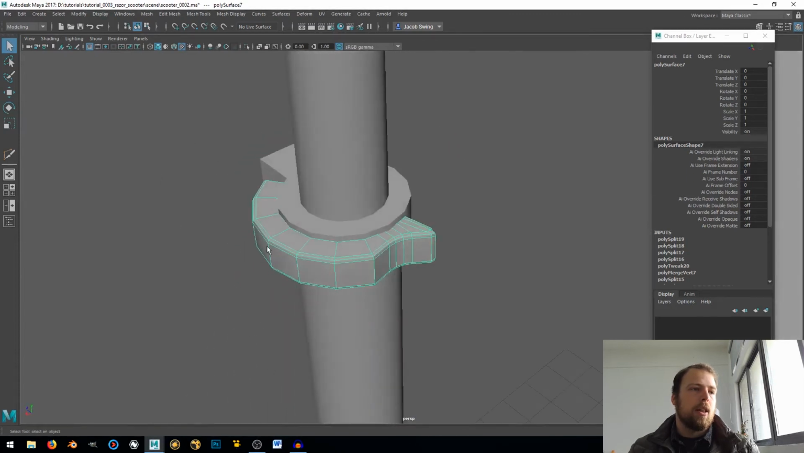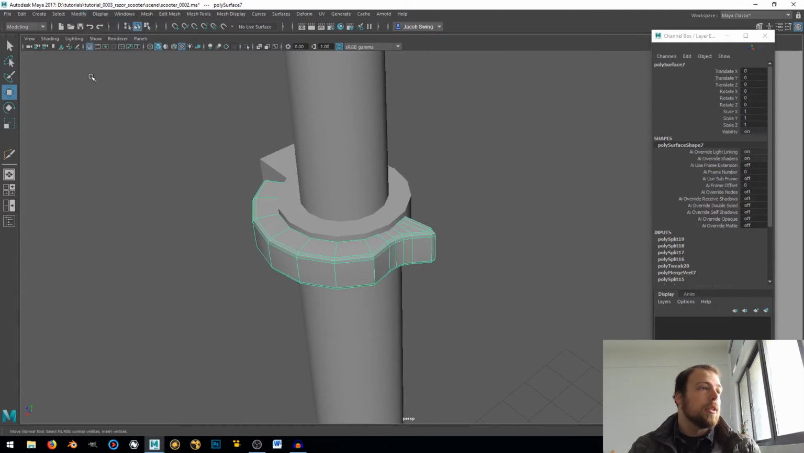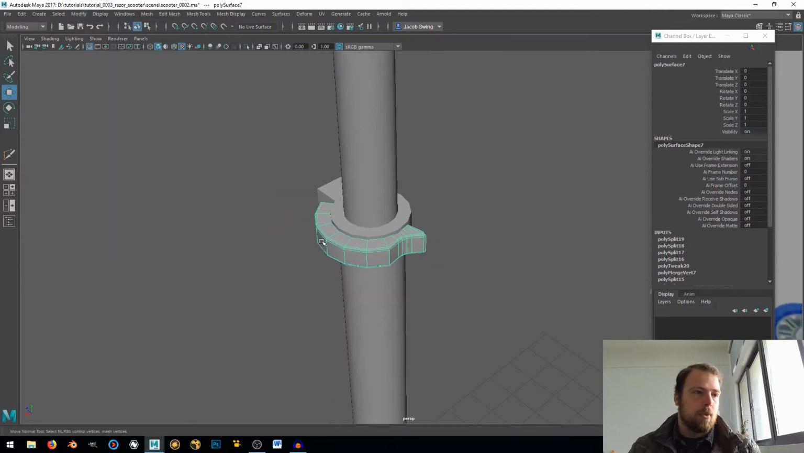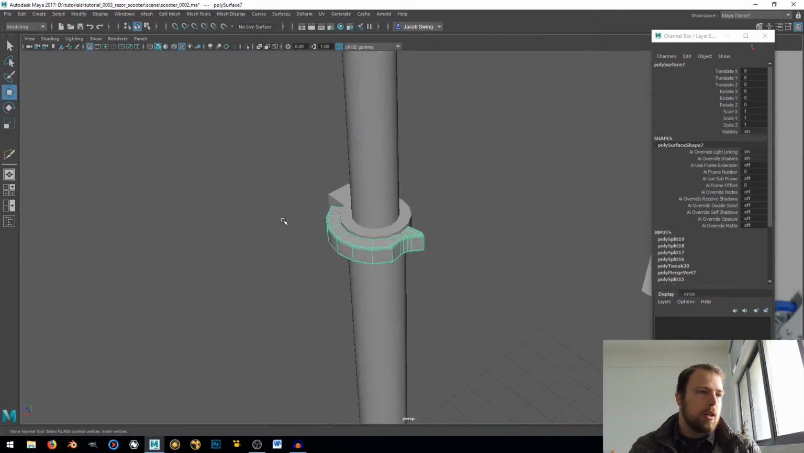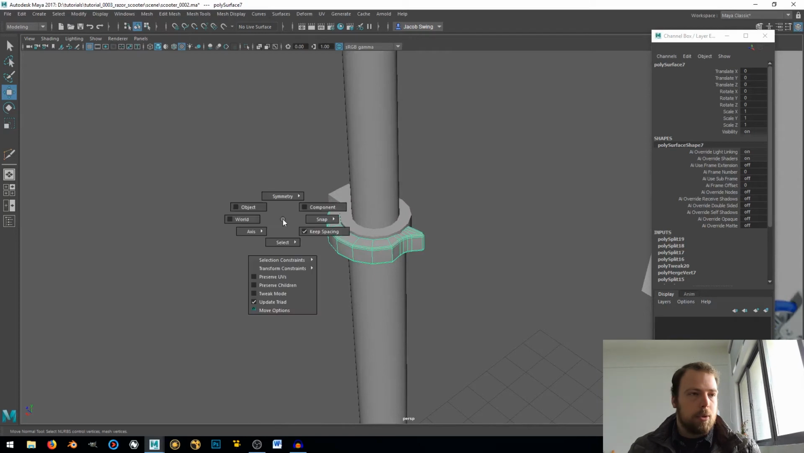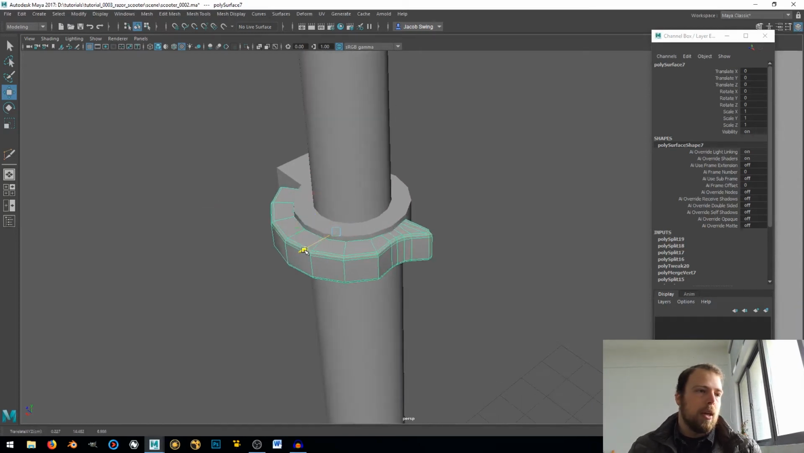So now we have that clasp, and I'm just going to select the clasp, and I'm going to go to Modify, Center Pivot. In order, I need to hold down W and left mouse button click and go to World. There you go. And I'm just going to pull it out just a touch and hit R, and I'm going to scale it